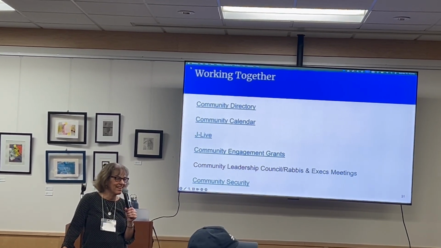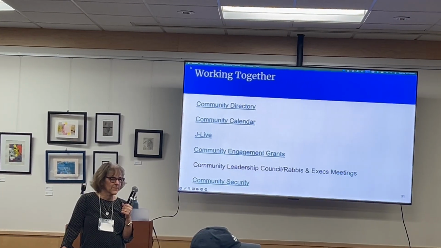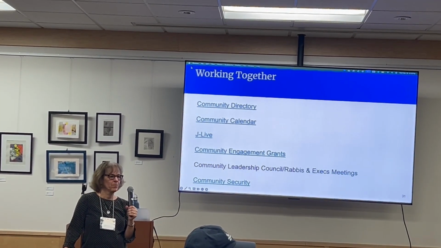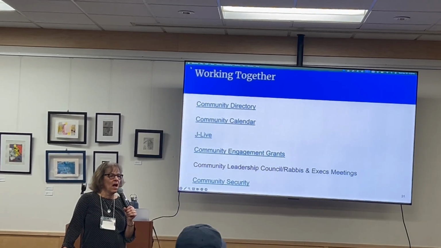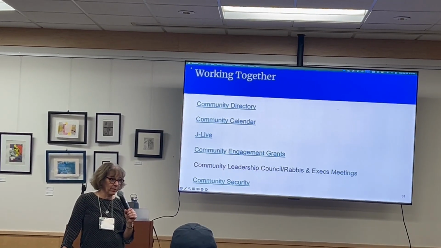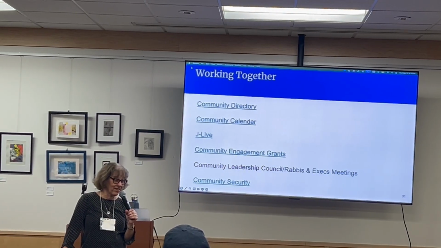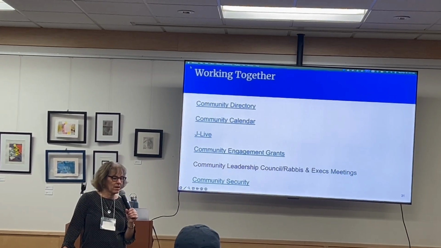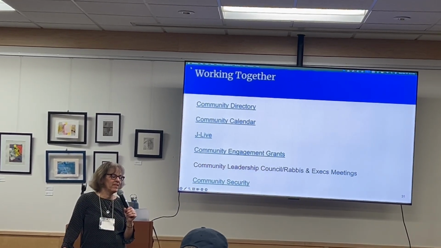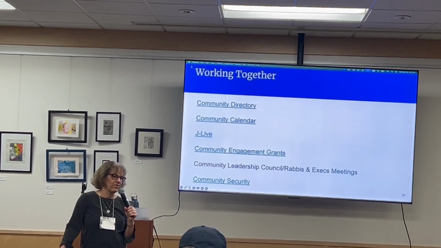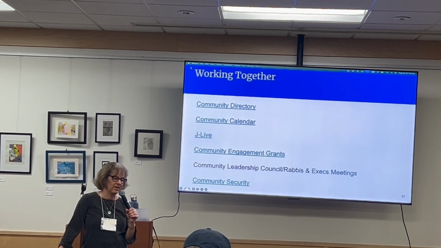Yes, Taryn? The security roundtable, you mean the tabletop exercise? Can anyone come, is that public? It is intended for the key security people at each organization. Aren't you the chair of the security committee? Yeah, so you should be at that. Who else is included? It'll be the leadership, executive directors and the rabbis, but anybody from the organization who is in that position.